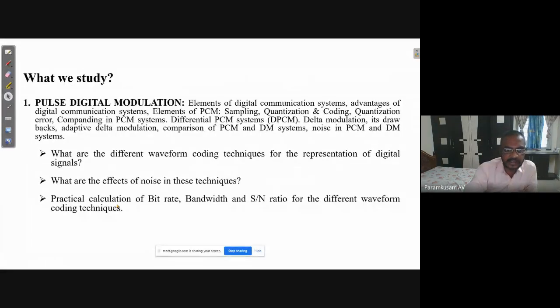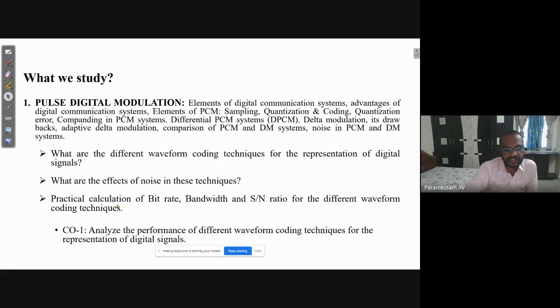Okay, next, what is the outcome of this subject, of this course? What is the outcome after completing this particular unit? Then you should be able to this sentence, ఇది ఒక సెంటెన్స్ అన్నమాట. Analyze the performance of different waveform coding techniques for the representation of digital signals.